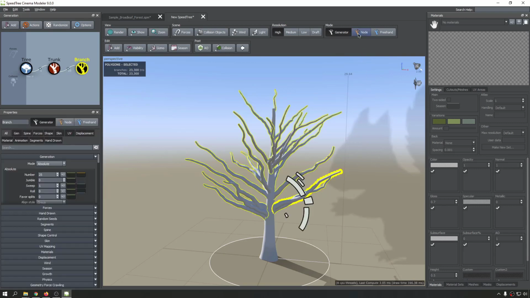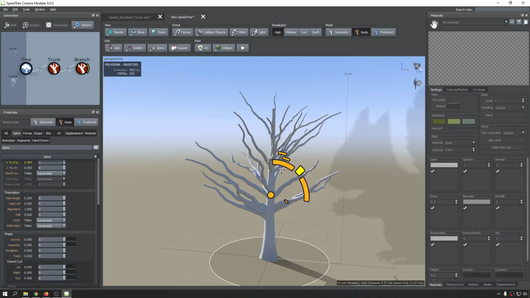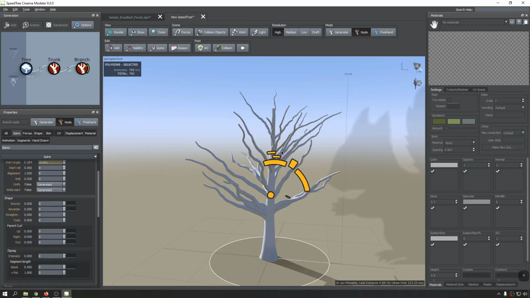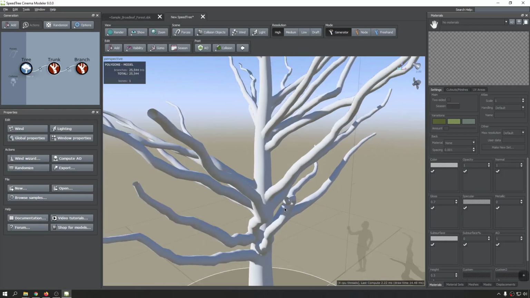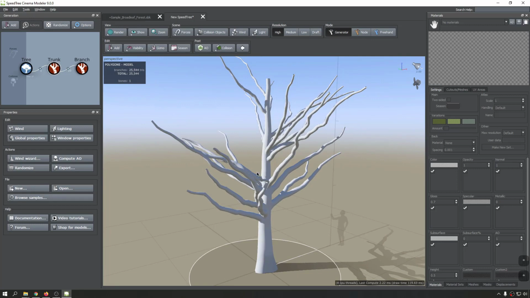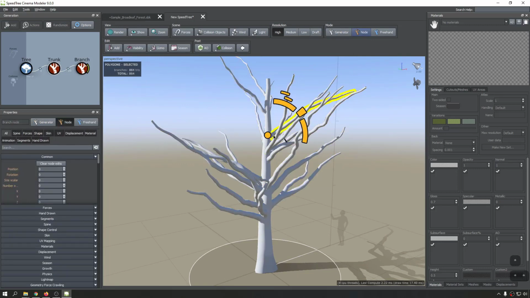But if you go to node mode, you're able to select them individually and work on them, do any changes that you want, selecting them, rotating, and basically do anything that you want. Excuse me, it crashed, but I recovered the scene, and we have the trunk in here. So if you go to node mode, you're able to manipulate them and even delete them,